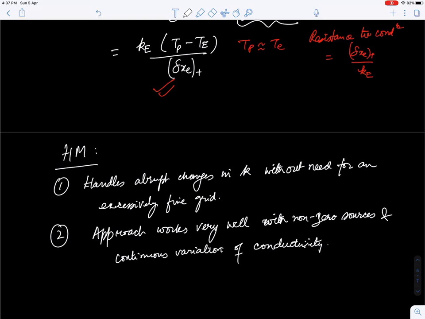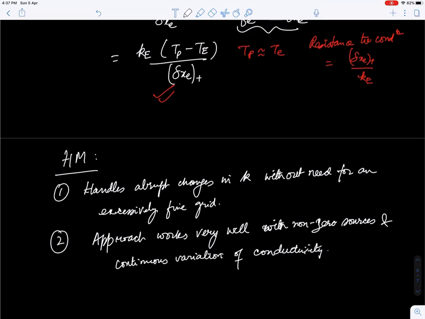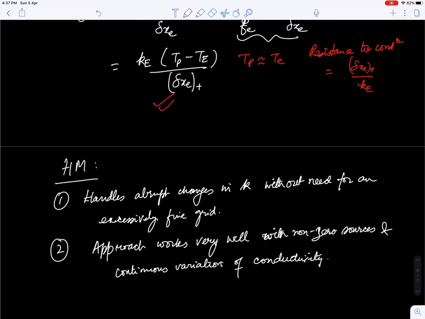Okay, so I'll close this lecture here. It's been a long lecture, but I hope you got a sense of some of the key aspects related to the one-dimensional heat conduction equation. In the next lecture, we'll look at non-linearity of the governing equation, and also the method of source term linearization, and from then on we'll go into